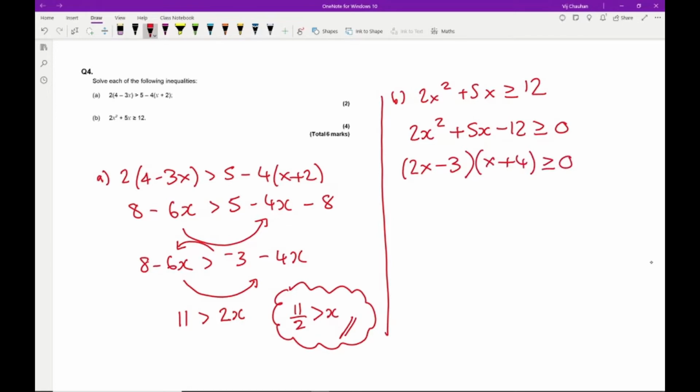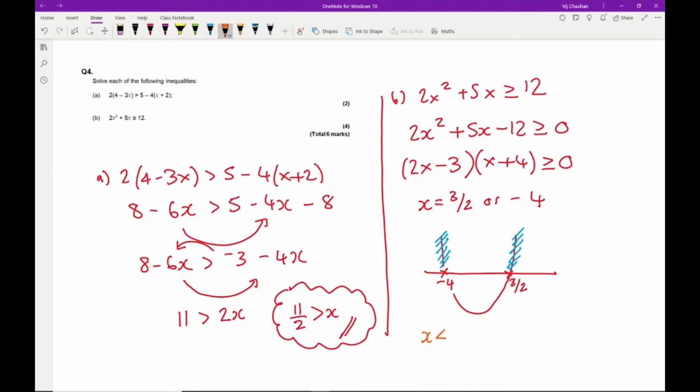And again, if you're not too sure how to factorize, there's another video that shows you how to do this. And then from this, what we want to do is solve the quadratic. So here we've got x equals positive 3 over 2 or minus 4. Now we know it's going to be a positive parabola, so I've got one root at minus 4, one root at 3 over 2, and I'm going to do a little sketch from there to help me. I'm looking for where it's greater than 0, so I'm looking for these values here, what we call the sideburns,